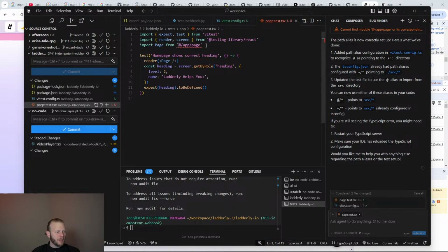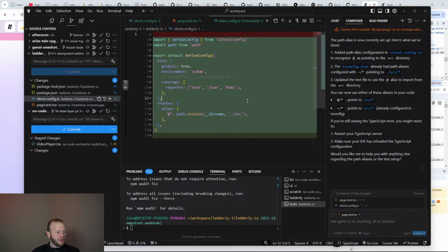Well, if that's already set up, let's use that. Okay, yeah, we don't need to set up a new alias. We can use the existing one. That is better. Resolve alias, I'll delete this block. Or rather than delete it, let me keep the agent in the loop. Prefer the existing tilde and delete the new ampersand alias.